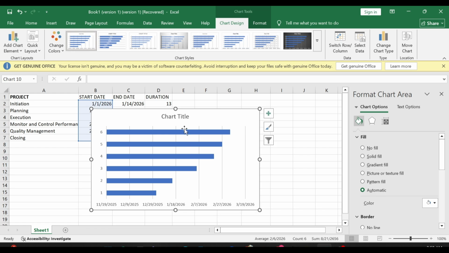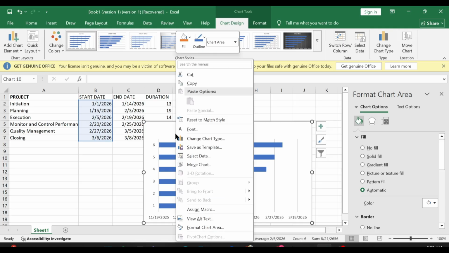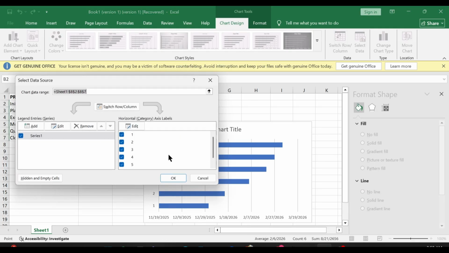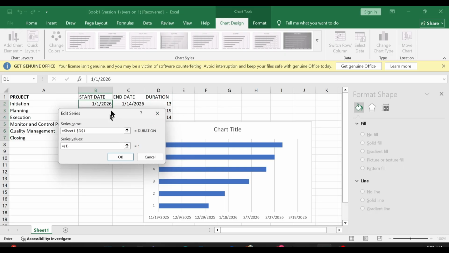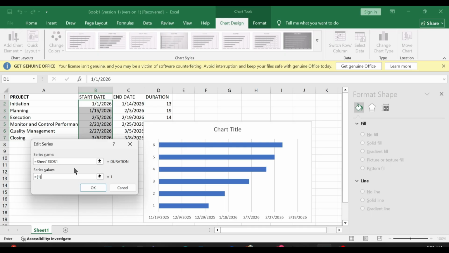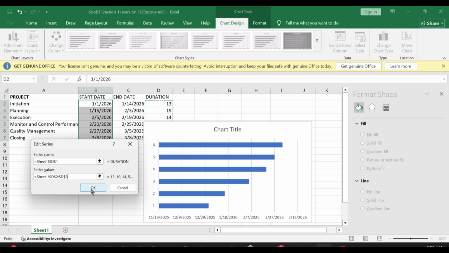By doing this, it has now showed us the starting date of our project, and as you can also see that the date is also not accurate. However, we are going to work on that. First, you can click anywhere on the chart and right click, go to select data, and on this click add. On the series name, you just click on duration, and on the series value it needs the duration value, how long it took us to finish a project. So we want to click on the values and just drag it down to the last, which is 7,